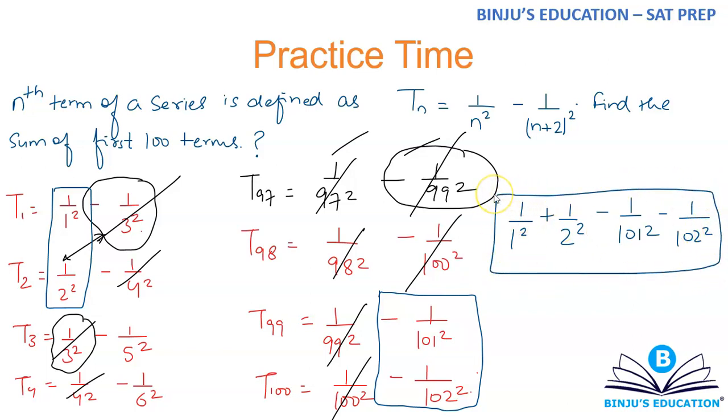They will always cancel out. I never said that every consecutive term is going to get cancelled out. I said that the numbers are going to get cancelled out. Which numbers, that you need to figure out. Okay, now I'm going to quickly give you a way to find out how many terms you will be left with. Okay, so